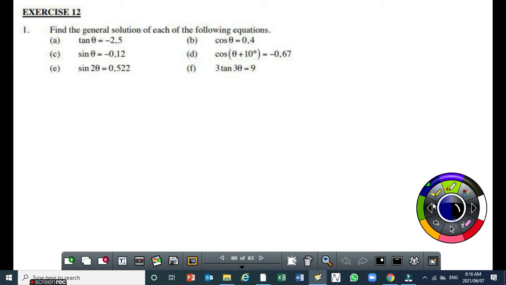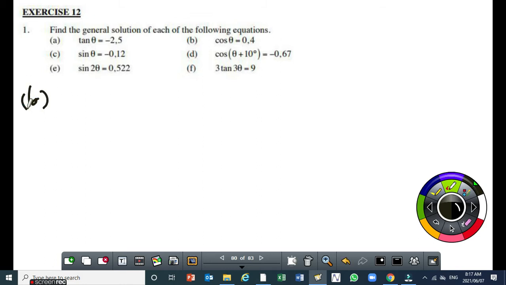Listen, by now, you should have made some effort over the past days to try and understand what the general solution is all about, even on your own. You read, you have got access to videos, not even the ones that I made, even others as well. All right, so 1a,